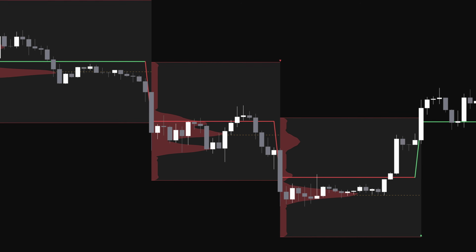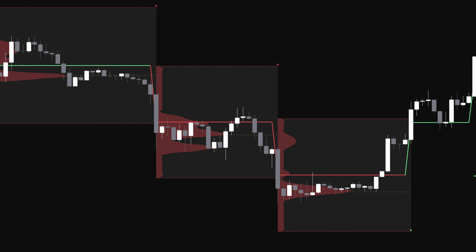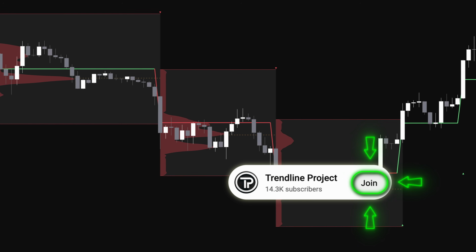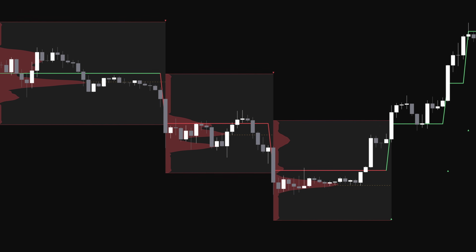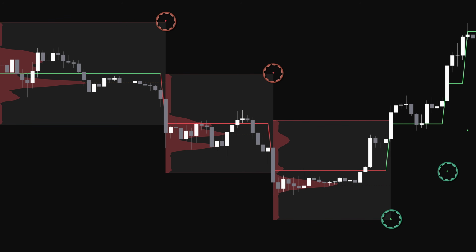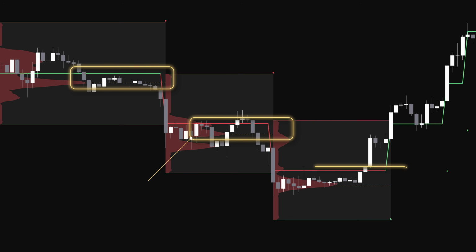In real trading, this works well for identifying high probability support and resistance zones based on actual volume accumulation rather than just price action. The breakout labels at channel transitions help catch momentum shifts early. The volume profile is particularly useful for finding re-entry points during pullbacks. If price retraces to the point of control from a previous channel, that's often a logical area for the trend